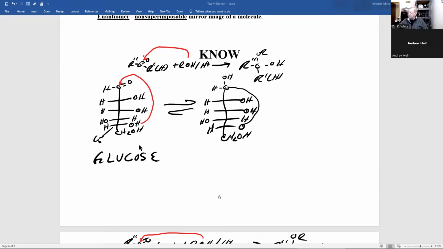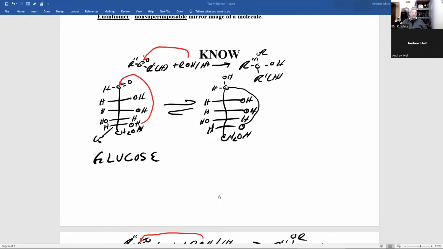An important reaction you should know is the reaction of glucose with itself to form a hemiacetal. And for test number 2, you learned aldehyde or ketone, alcohol, acid catalyst forms a hemiacetal or hemiketal, depending on what R prime is. Now, in glucose, you have an aldehyde at the top,